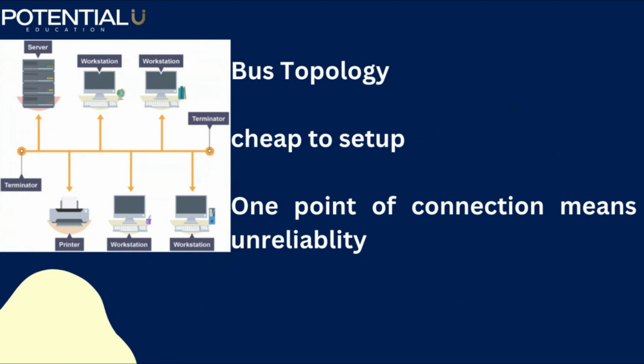And then we got the bus topology, which used to be very popular until people realized the main flaw of it. The bus topology is super cheap, but one point of connection means complete unreliability, basically. If this wire gets severed, then nothing can run, because the data bus can't go down, it can't communicate, as the wire's just been broken. So even if there's a small tear here, suddenly your whole network is reduced down to just a single workstation. So although it's cheap, it's also quite risky.